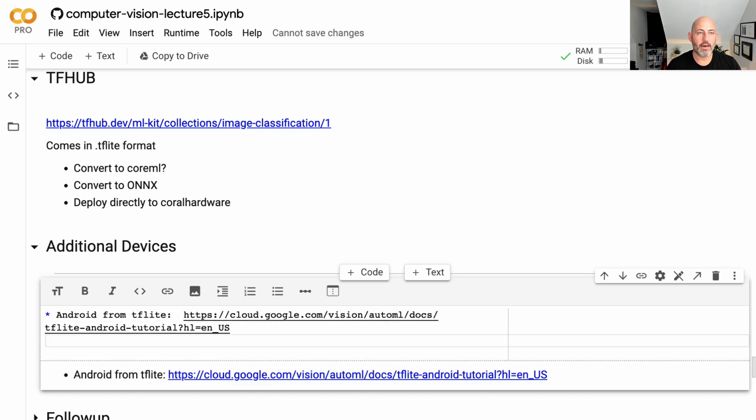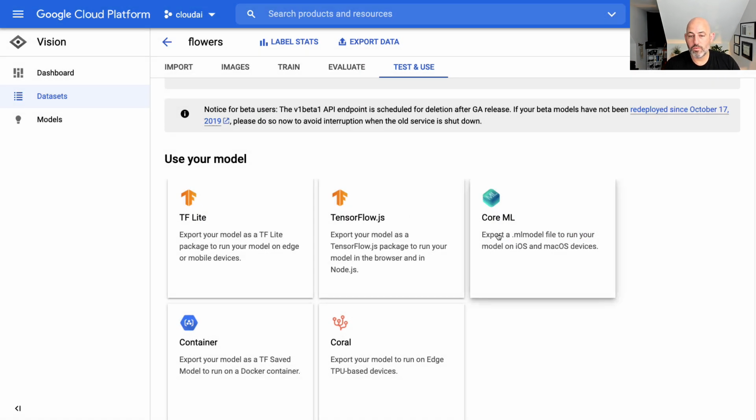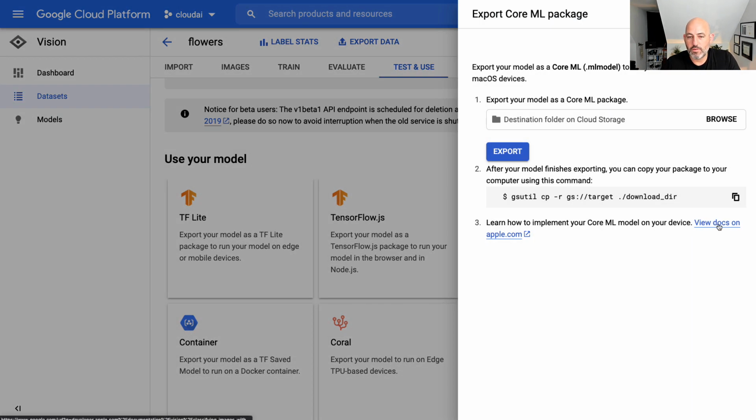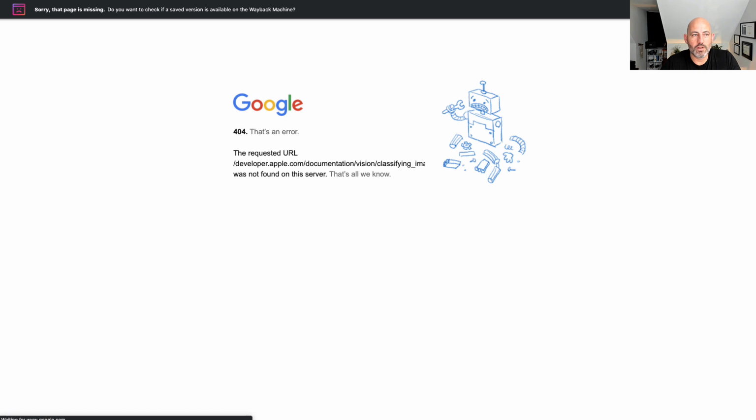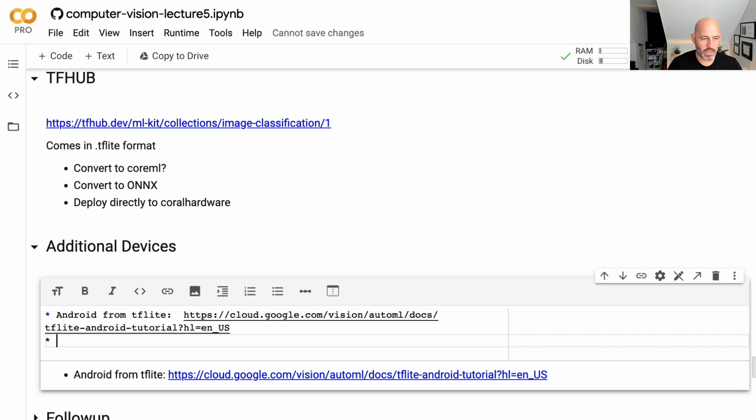And then we also have, if we go back to this, we could also pick the CoreML. So we know a little bit more about the CoreML now. So we could export that ML model and run it on iOS or Mac OS. If we click here and go to the view documents, it's the same thing we were just looking at earlier, which is that Apple device will accept the model that was exported from Google. So Google will export it directly into the CoreML format for us, which is great. And so we can say here, iOS from Google AutoML,